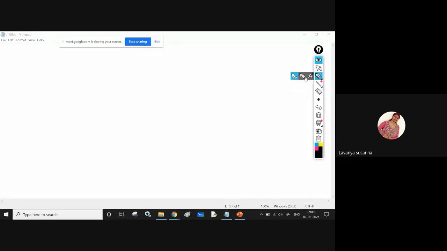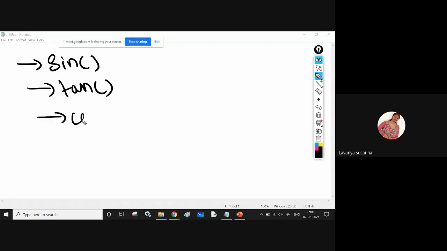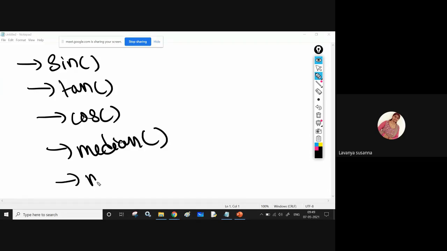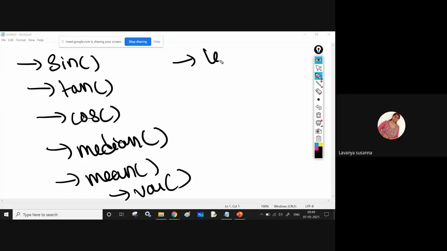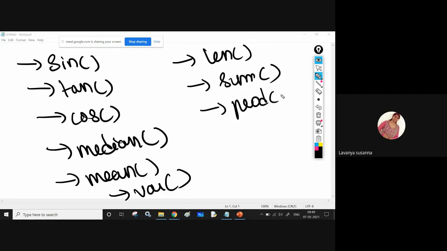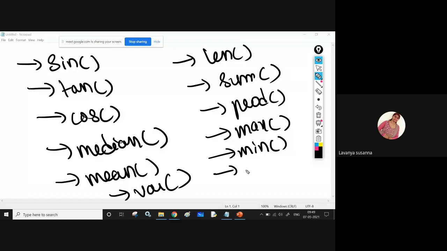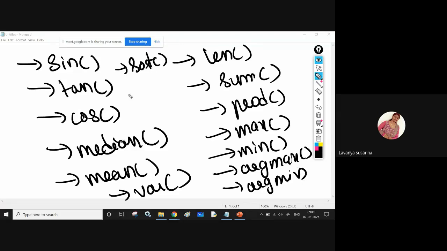Mathematical functions like sine, tan, cos, median function, mean function, variance function, len function, sum function, prod function, max function, min function, argmax function, argmin function, sort function, unique function.